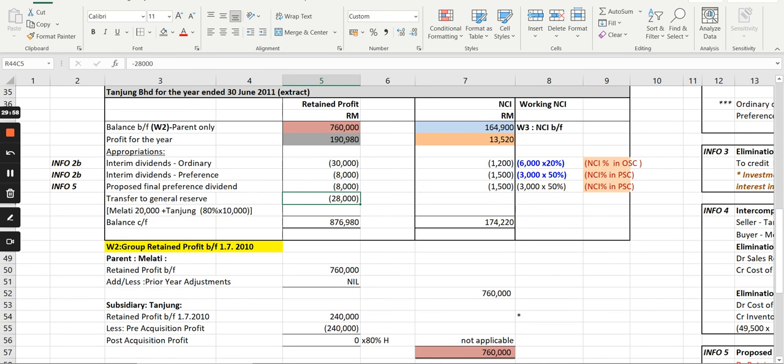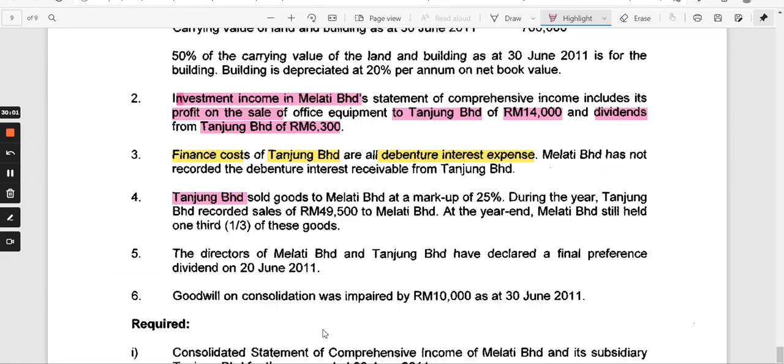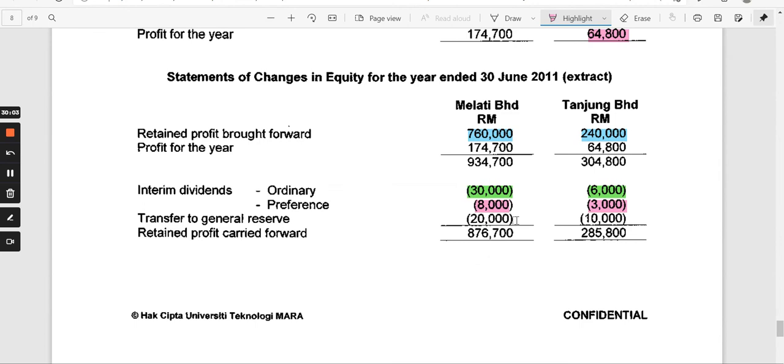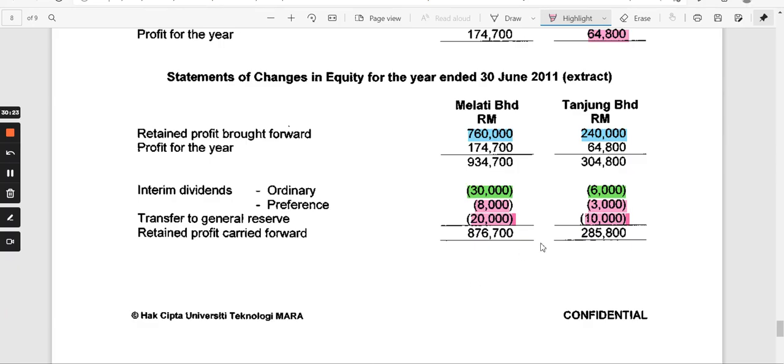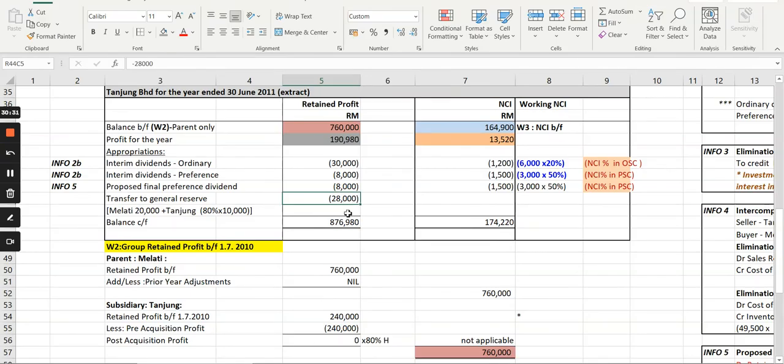There were no new transfer. The transfer to general reserve is actually directly from the information given. Take the one of the parent, the one of the subsidiary. Do not take all, just take the portion shared by the parent. So that would be 20,000. Portion shared by the parent is 80% times 10,000. This 10,000 again. This one. Next, you have 28,000. So total them, you will have